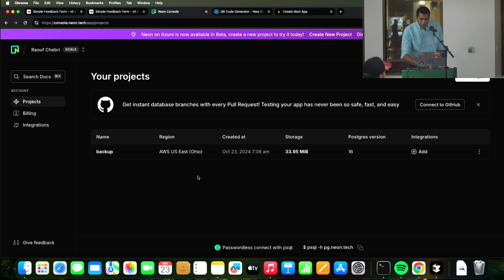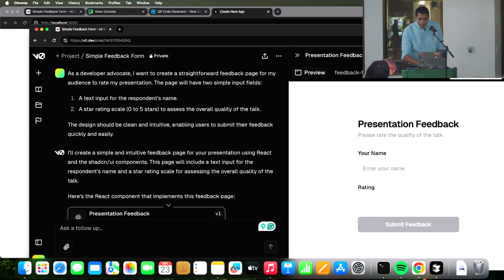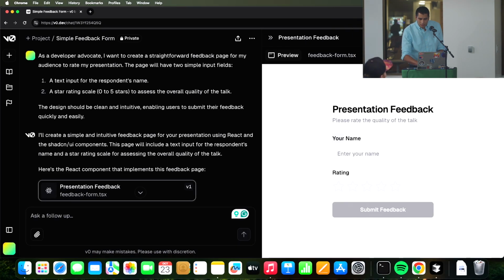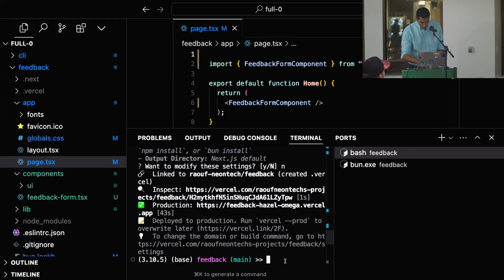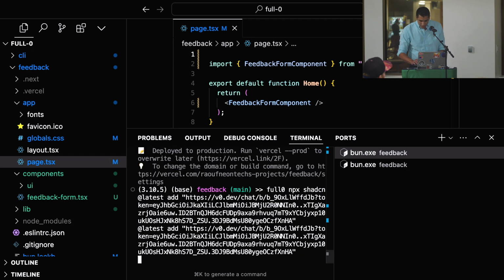Let me just copy the shadcn command that we used before. And I called the CLI full zero, so, lack of creativity. It's turning v0 components into full stack components, or like dynamic components. And what it does is